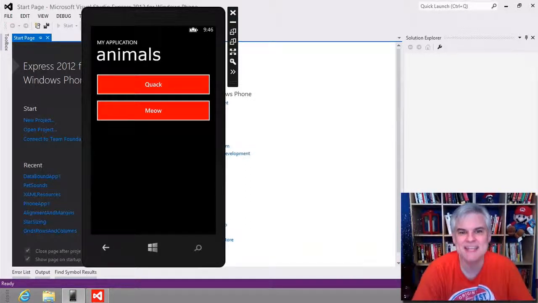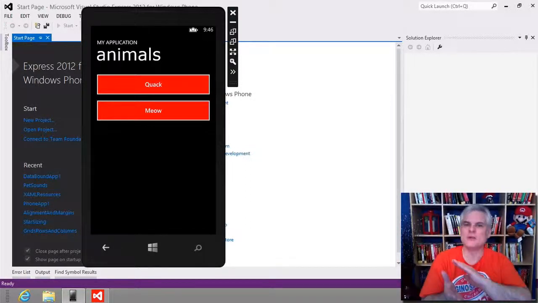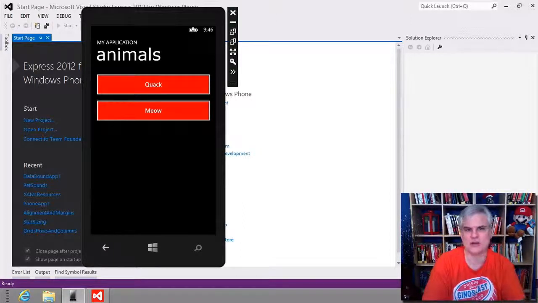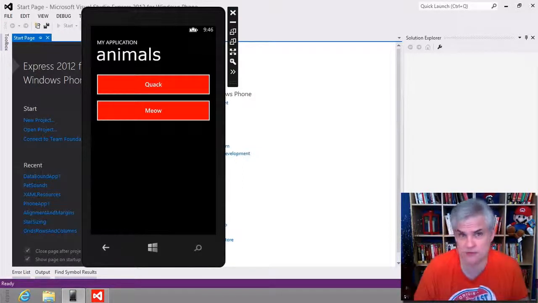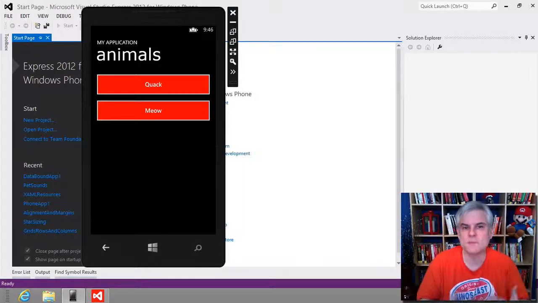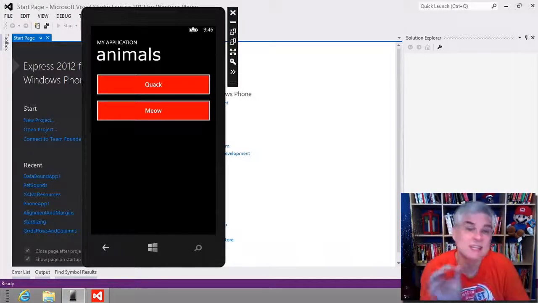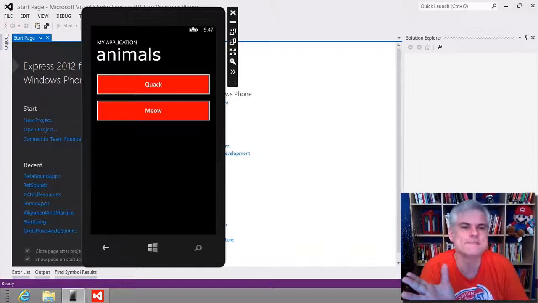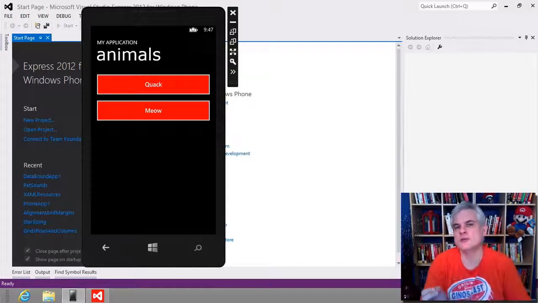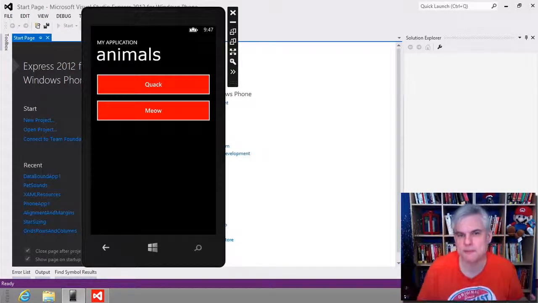Okay, so we need a good way to represent multiple categories of sounds, not just one category, but multiple categories inside of our app. And I'm willing to bet that there's at least one template that's available in Visual Studio that will help give us a good starting point to get us pretty close to what I have in my mind. So in this lesson, what I want to do is create a couple of different projects, and we'll throw